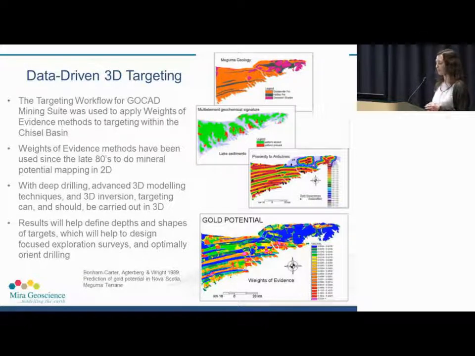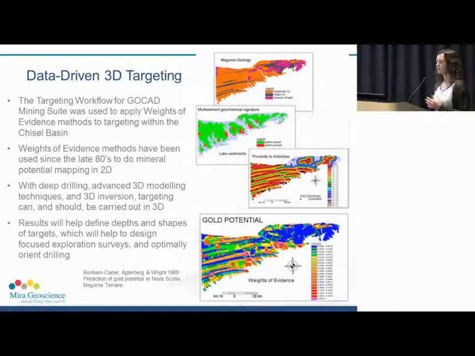But we used a data-driven method because we had some existing mineral deposits in the area, obviously, and we thought we would look for cells in our model that were similar to those that represent the existing deposits that are there. The targeting workflow for GoCAD mining suite was used to apply this method,